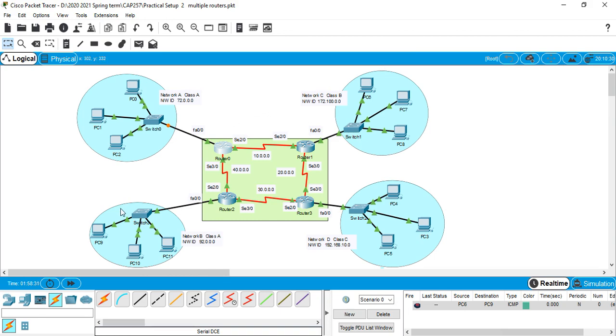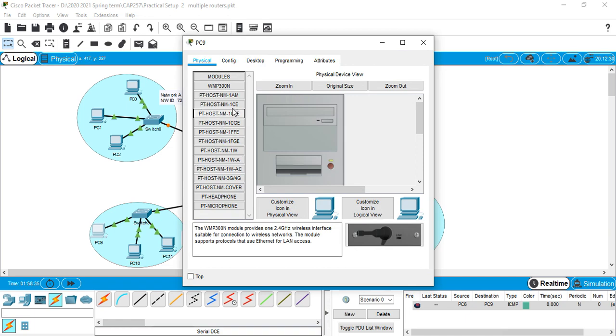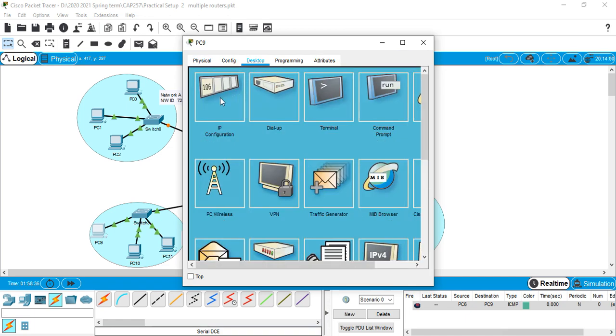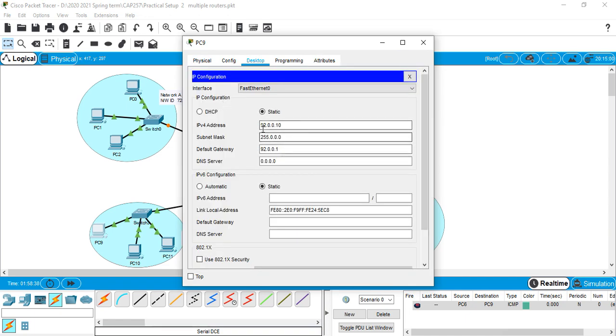Okay, now go to the next network, network B, click on any of the PCs, go to IP configuration, again here 92.0.0.0, 92.0.255, 92.255.255.255 and 92.0.0.1.